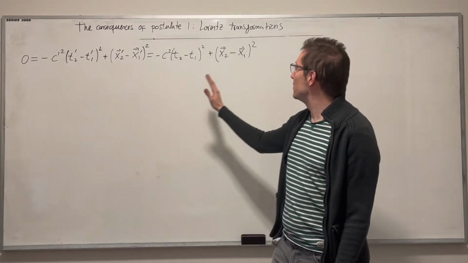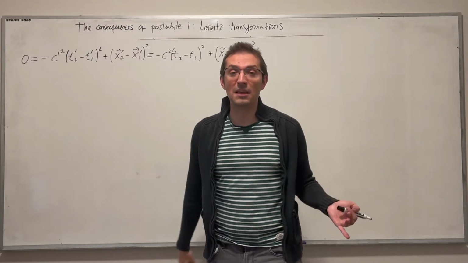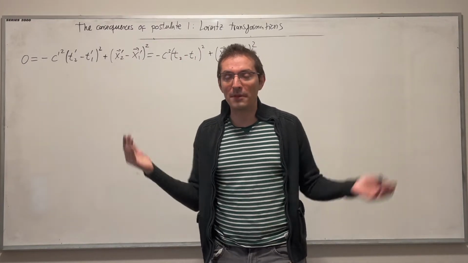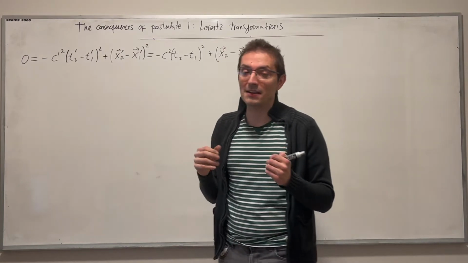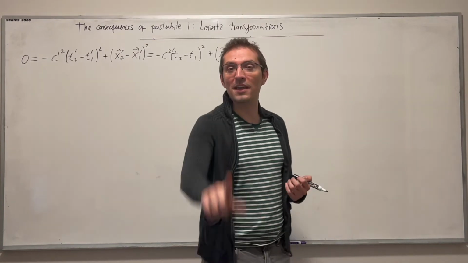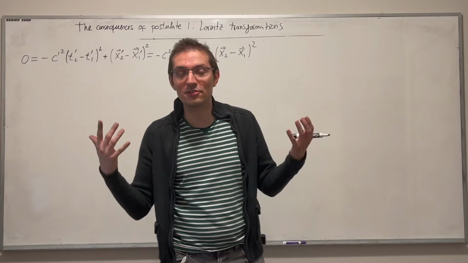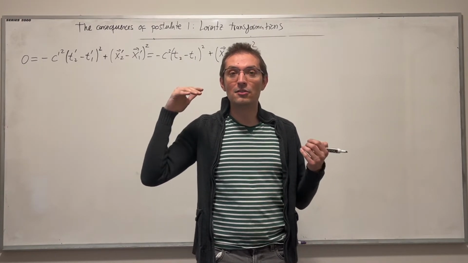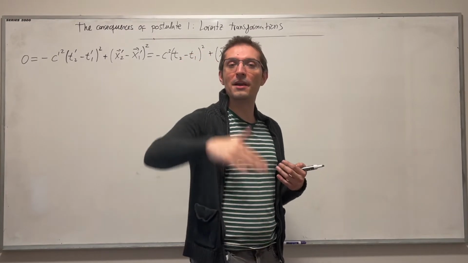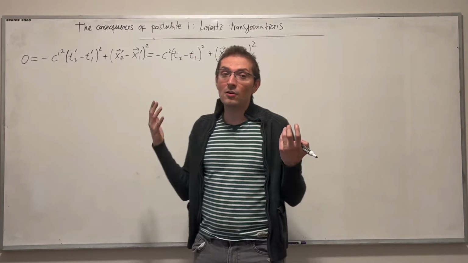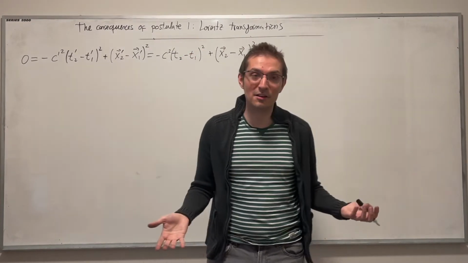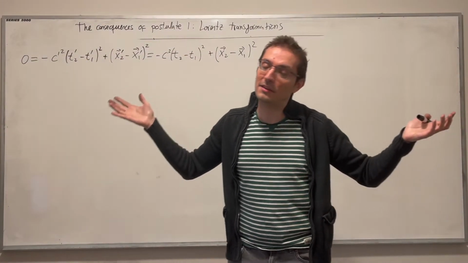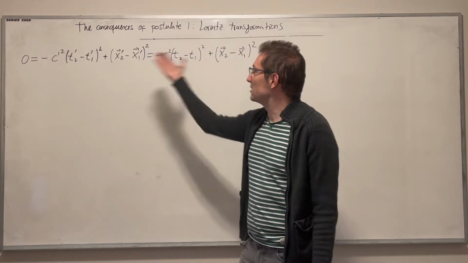Now, again, remember that this is true not just for relativity, it's true for Galilean kinematics as well. Why? Because this is just the expression of the fact that I jumped and the light propagated to the camera. So in any frame that you measure that, it has to be true that the amount of time it took the light to propagate from me to the camera has to be equal to the amount of space divided by the speed of light. The speed of light may be different in different frames, and definitely the coordinates will be different in different frames, but this has to be true always.